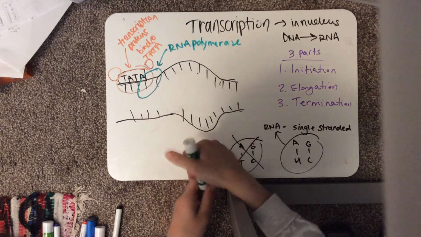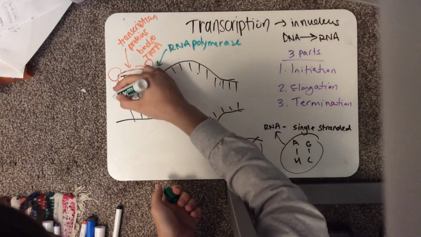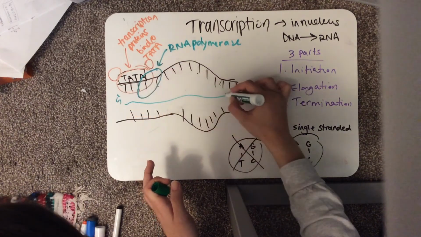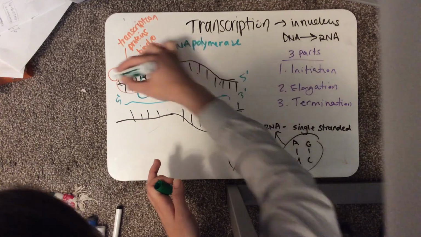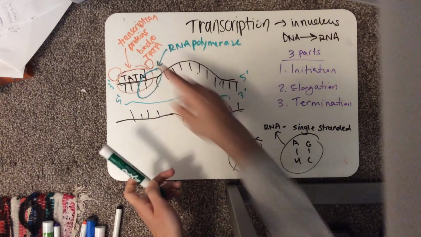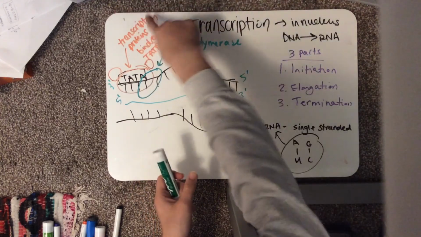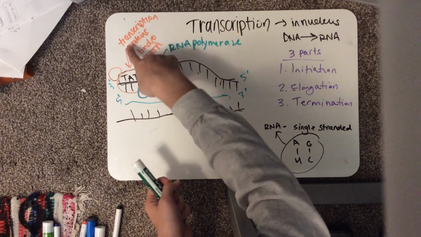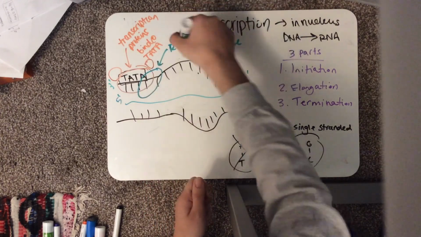And of course, it only builds 5' to 3', so let's say this was 5', again, the new strand, so this must be 5', with 5' on the old strand and 3' on the old strand. And so that's initiation. Initiation is just transcription factors find the TATA box, RNA polymerase finds the